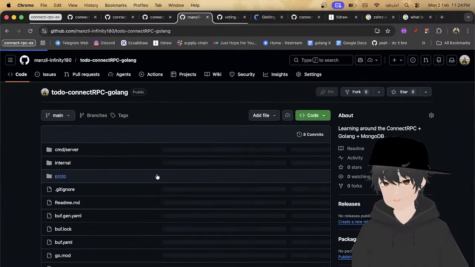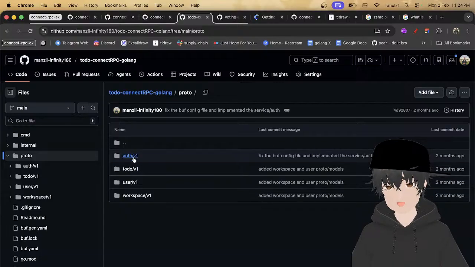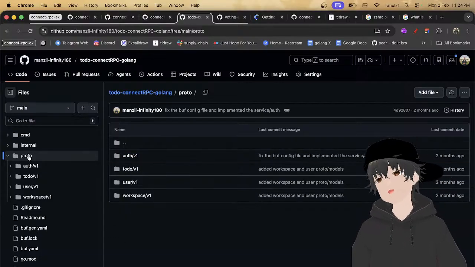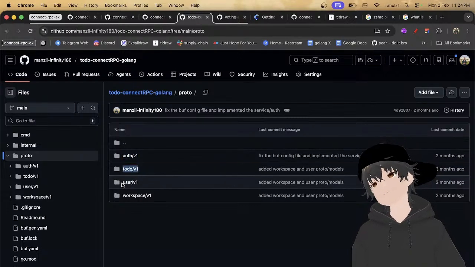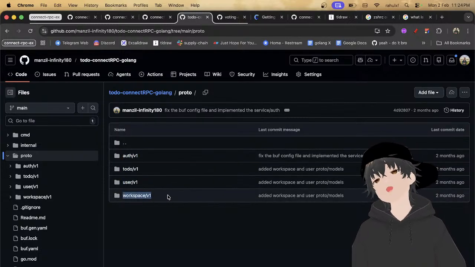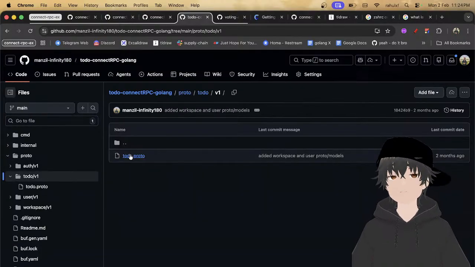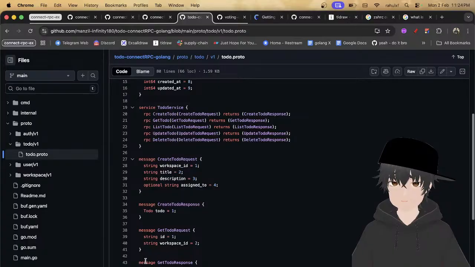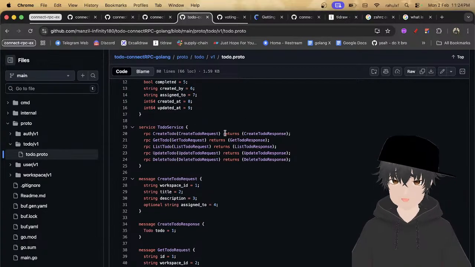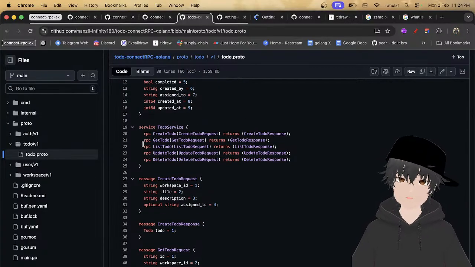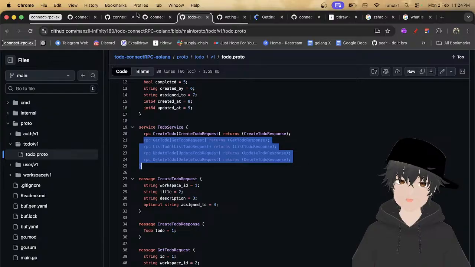Let me see it in the other one. So you can see this, I have a proto folder, and inside this proto, I have auth version one, to-do version one, user version one, workspace version one. So you create to-do request, create to-do response, and then every one has it that way.